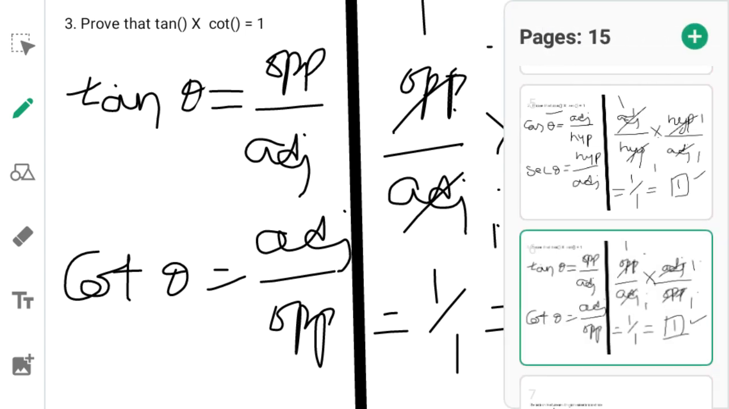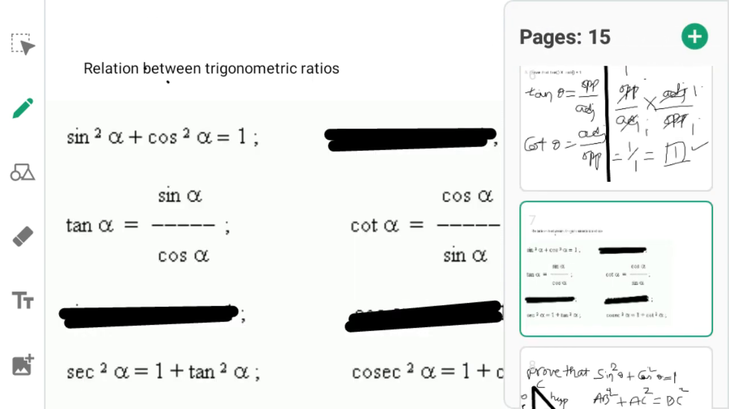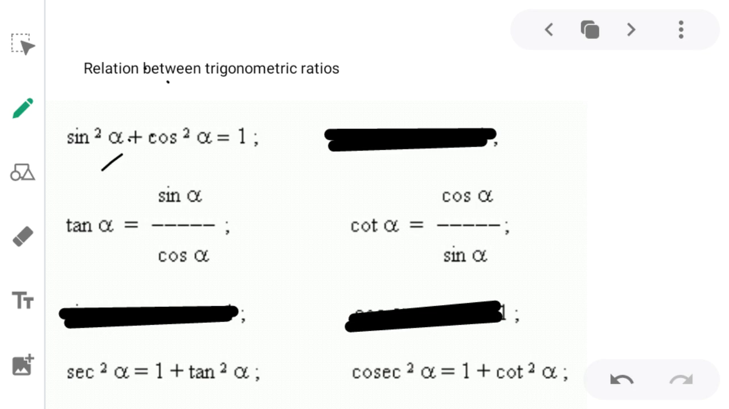In the next topic, we have to give some relations between trigonometric ratios. There are 6 basic trigonometric ratios, as you know, the primary set and the secondary set. Combining both, we get some trigonometric relations. The first and very important one is sin square. Instead of theta, they have given alpha here, so it can be taken as theta also,